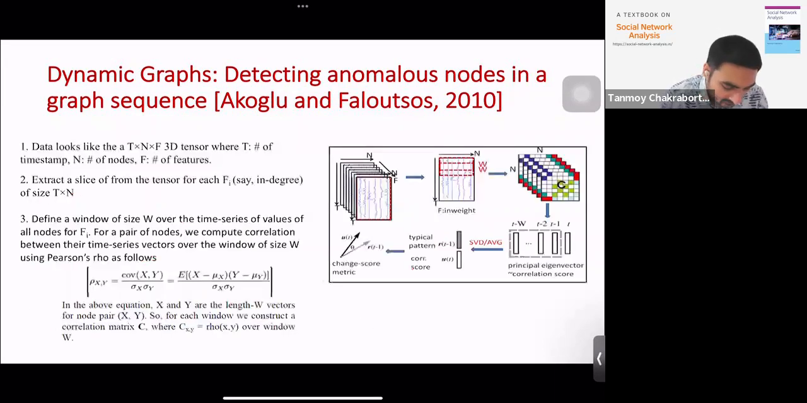Now, what was their idea? Their idea was to see, for every node,